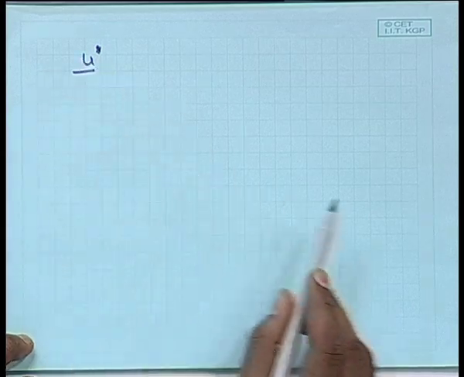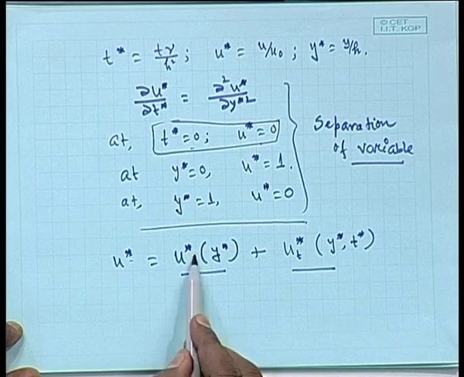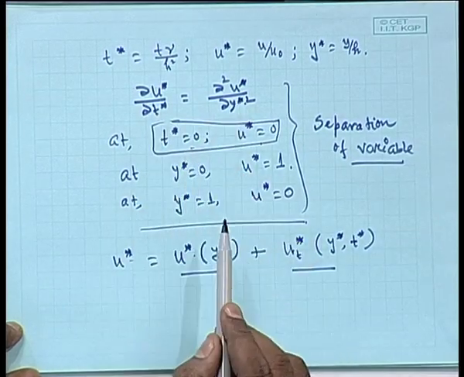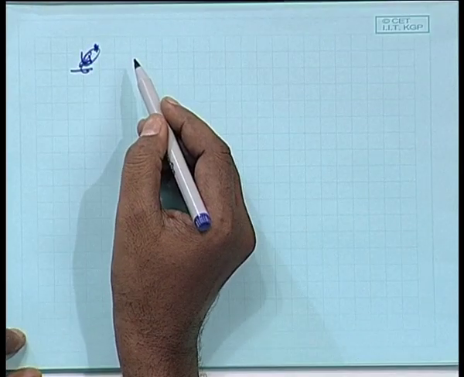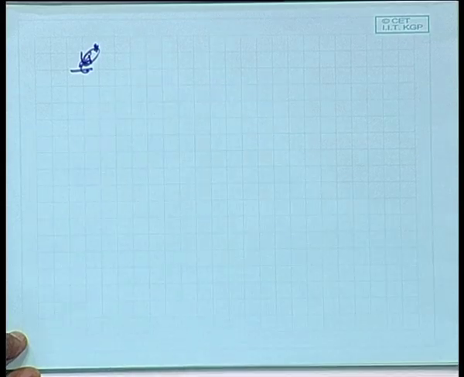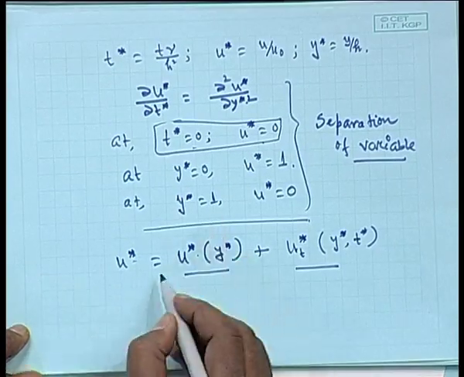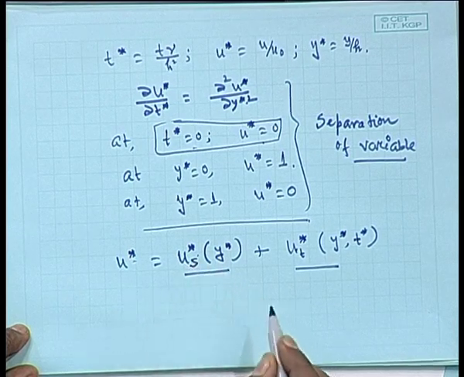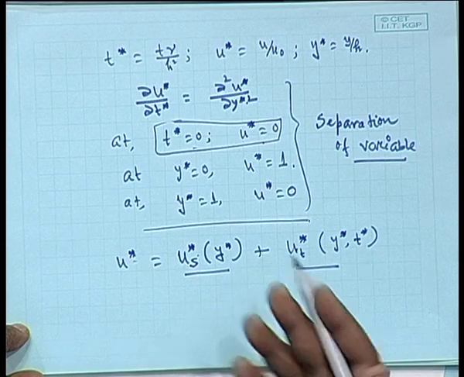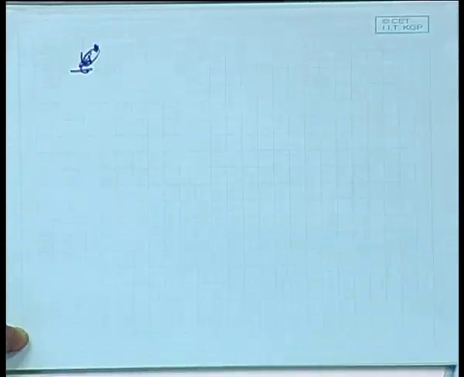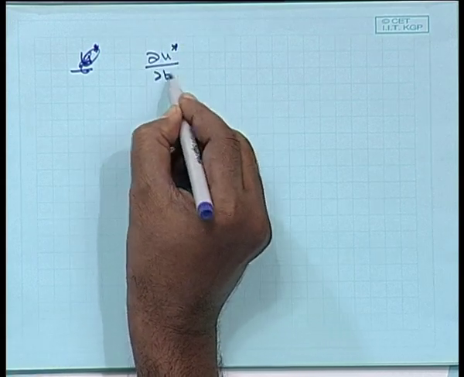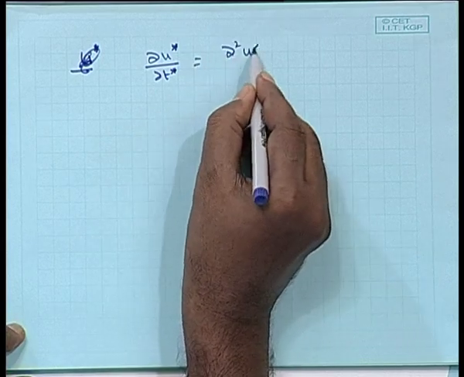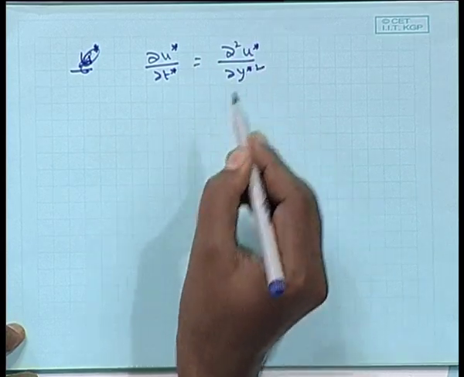Now, let us look into the u star. Okay. You substitute this equation in your governing equation and collect the terms and see what you get. Okay. Del u, in your original problem, it was del u star del t star. So, you just put a subscript here as s, let us say it is steady state, otherwise this u star will become confusing. Okay. Del u star del t star is del square u star del y star square. So, substitute there.